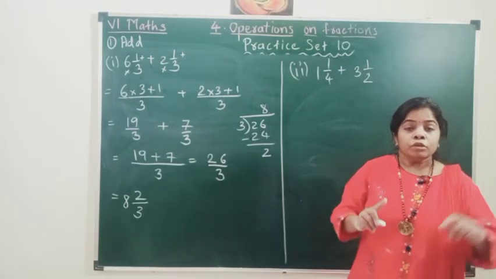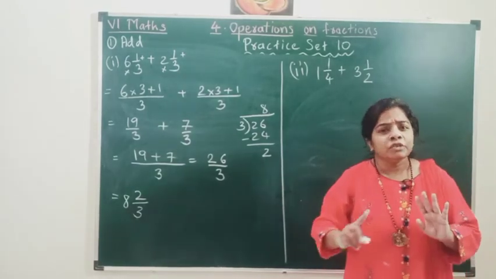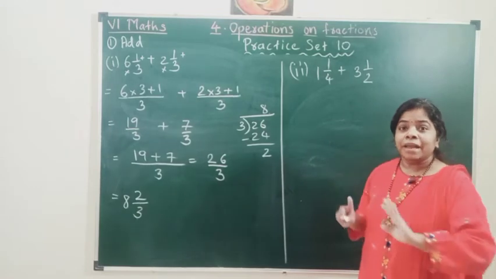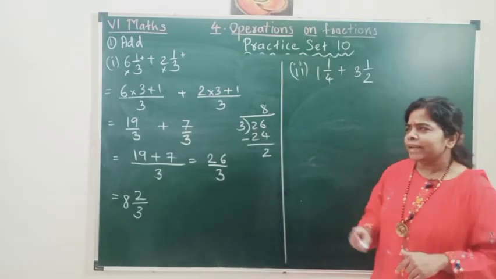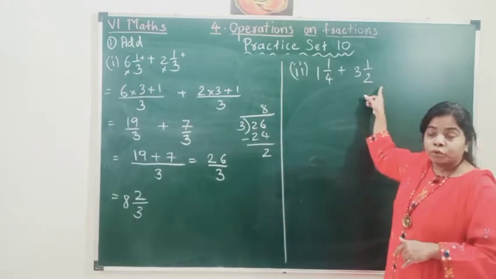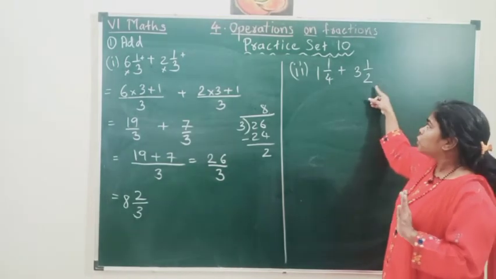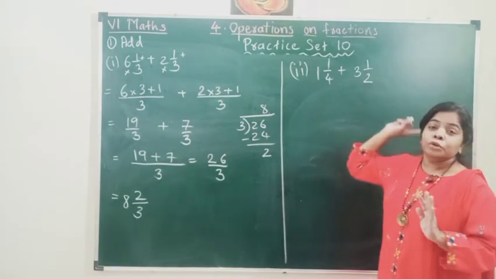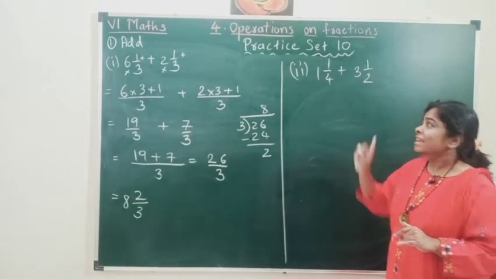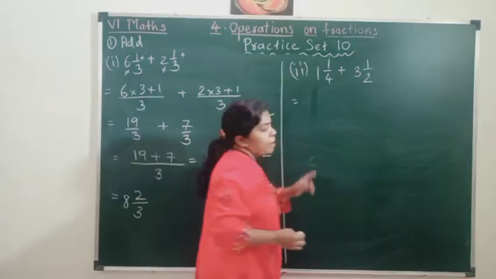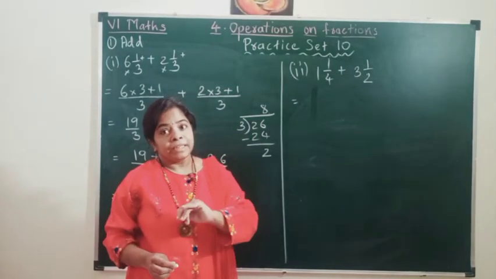This I know. So what I am going to do when they are coming in the same table, what is the easiest way by which I can multiply the denominator and make both of them same? The easiest way is if I multiply this 2 by 2. 2 2s are 4. If I only do this much, 2 2s are 4, then it is going to become same like the first denominator. So we will only do that much. Before that, let's convert the fractions into improper form. Then we will make the denominators equal.